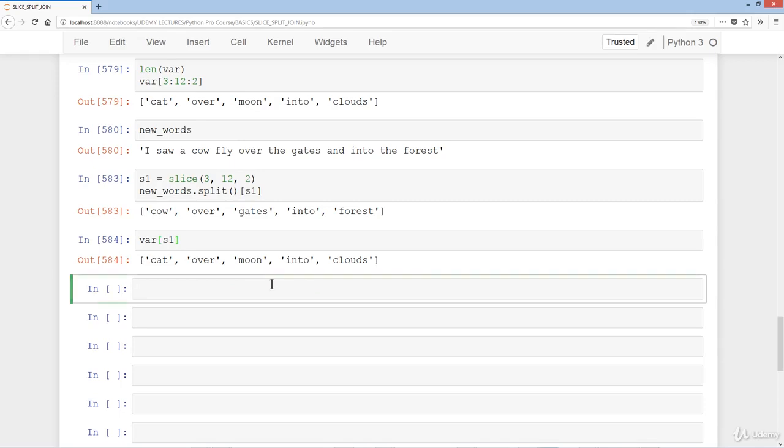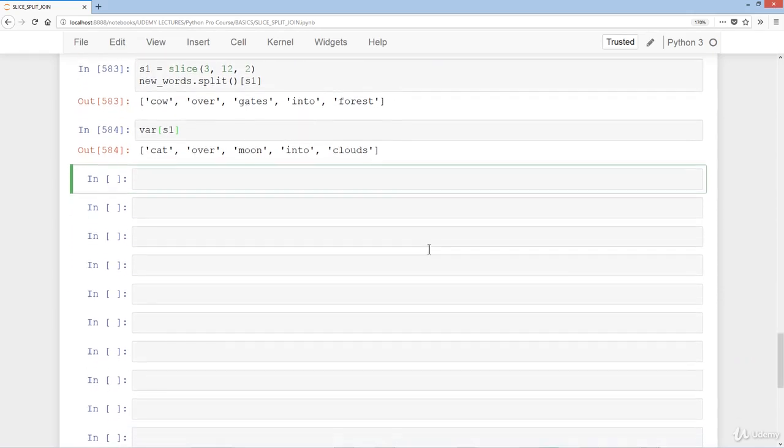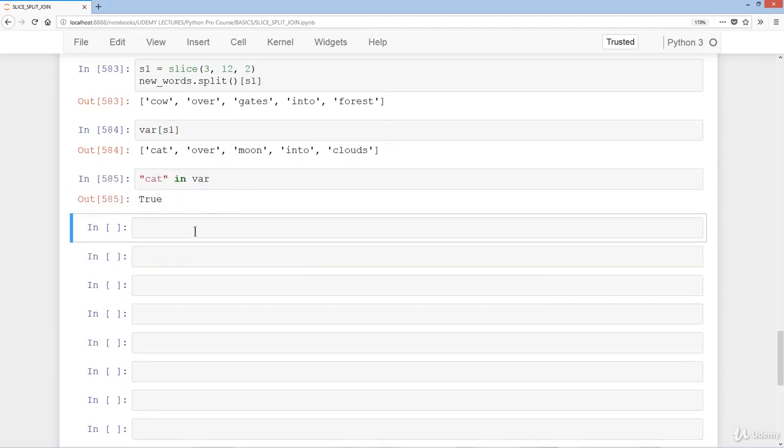Okay, so you can probably guess that we can also use the in and not operators. So I'm going to use that like so. We'll have, let's say, cat in var. You get true because, of course, cat is in the list var. But I can also do not in, and that's going to be obviously false. And I can also put in dog, that's going to be true because dog, of course, the string, is not